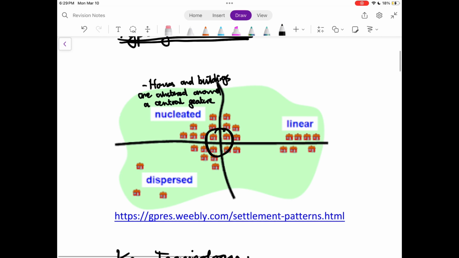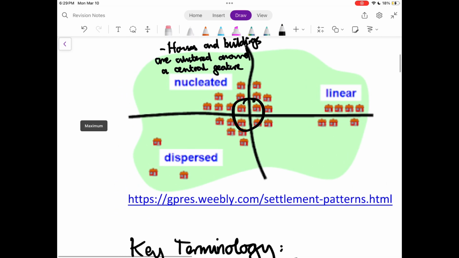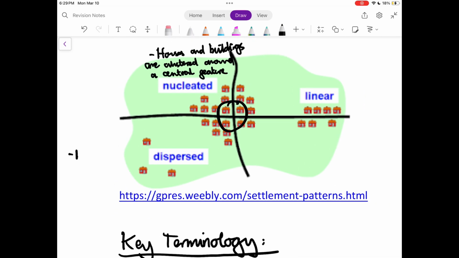So the next type of settlement you need to know is dispersed, and this is where houses are spread across a large area of land. And these settlements tend to be the ones that are more sparsely populated, as there are fewer houses in